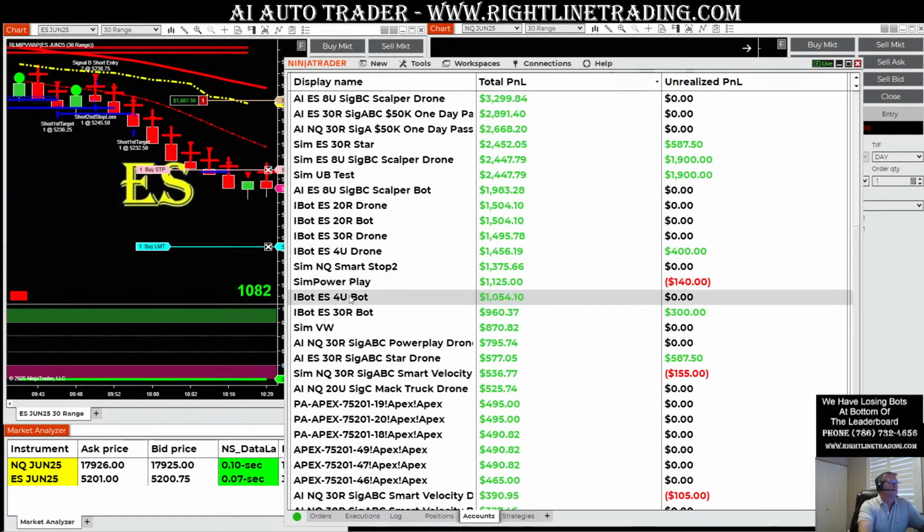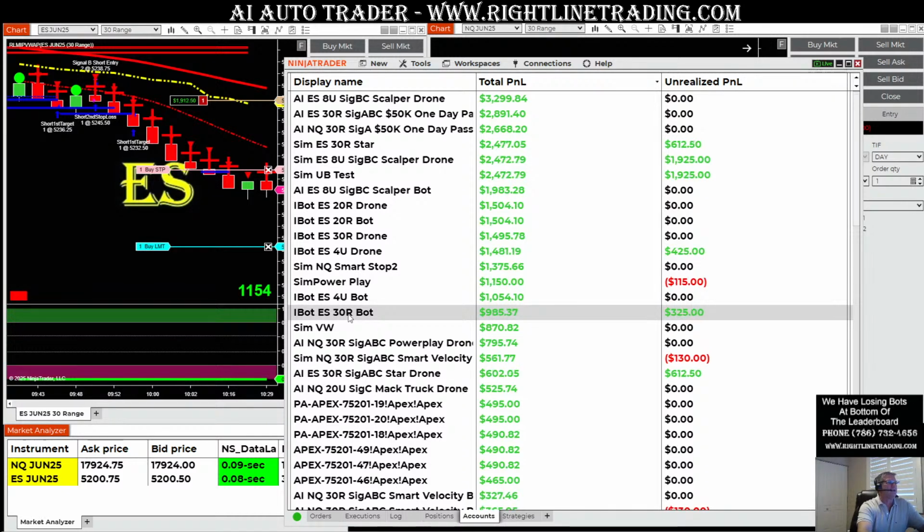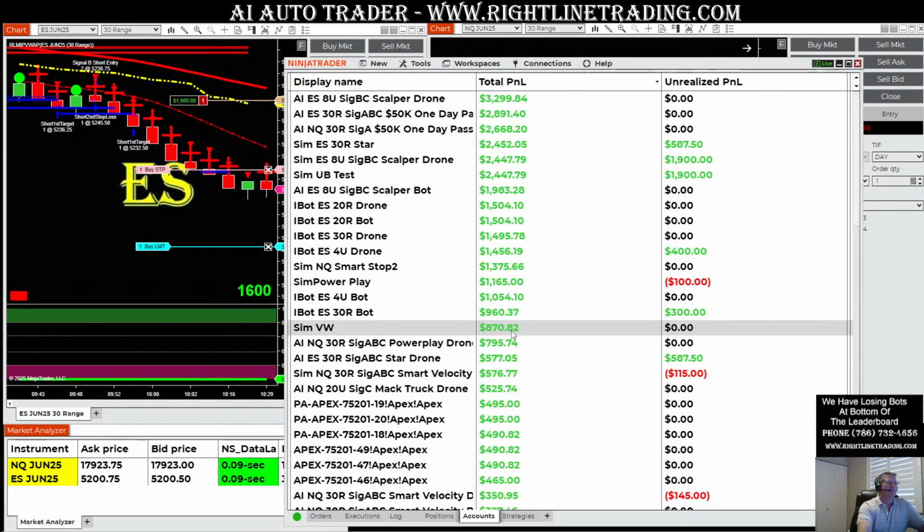So the iBots, the 4U on the ES, the 30 range on the ES, up about $1,000. The ES 30 range bot is right back in, and it's up $300, $325. It's in a nice short position. The VWAP continues its winning ways. Let's take a look at the VWAP